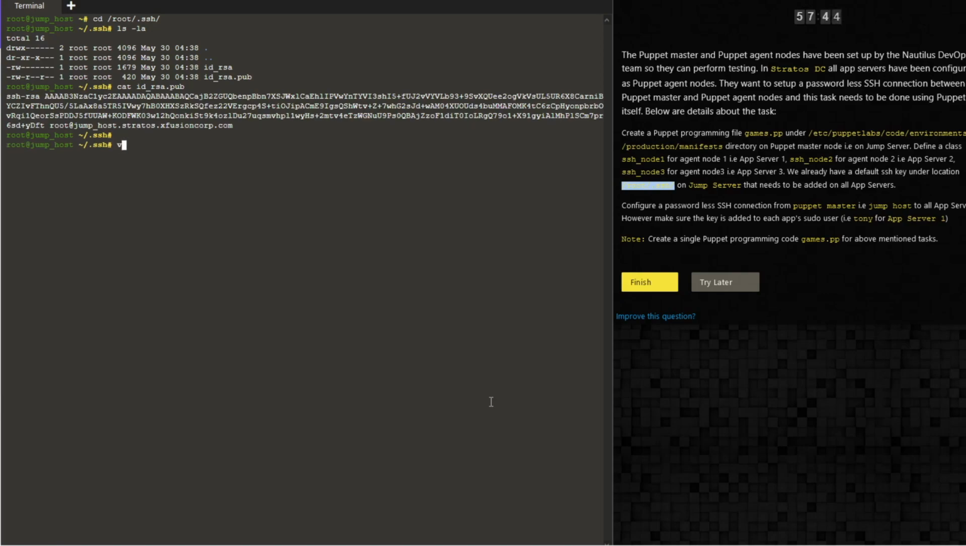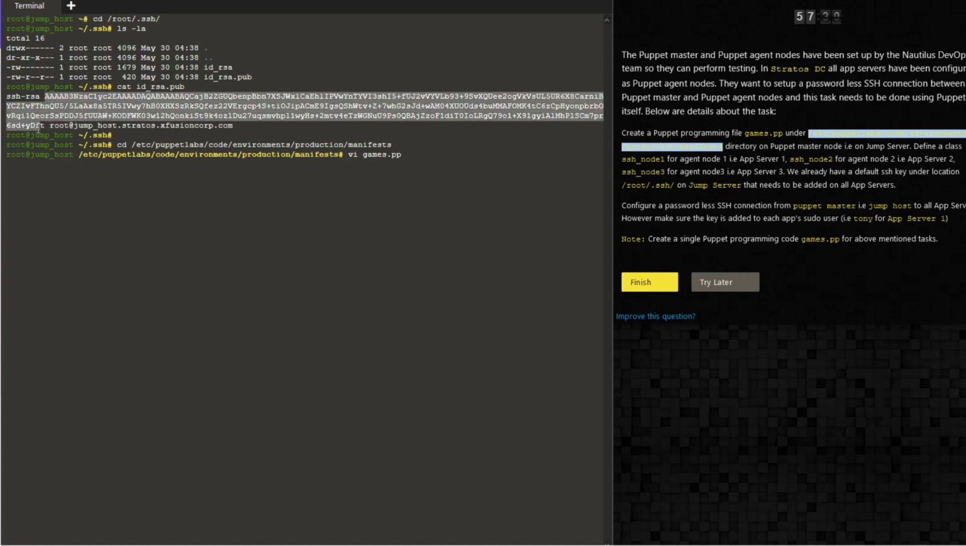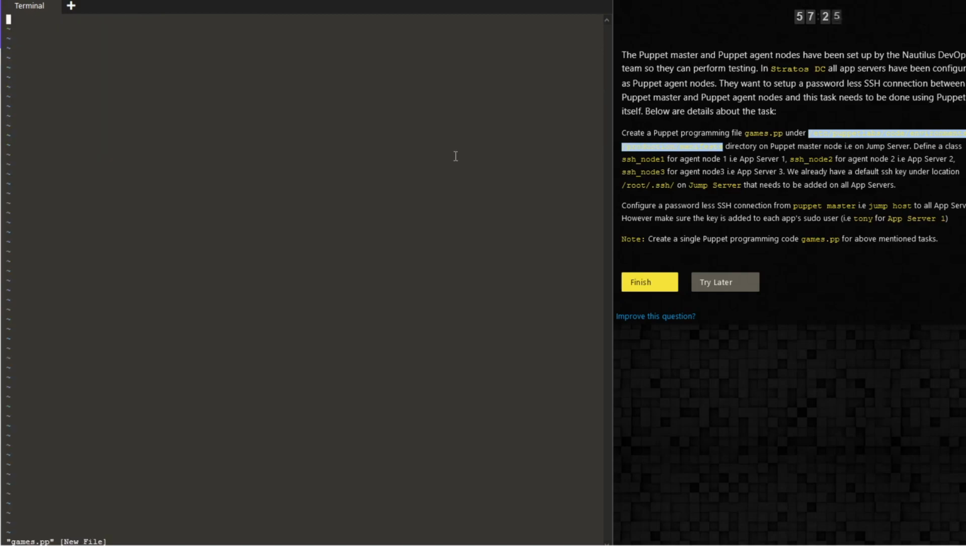So we are going to create a Puppet programming file at the location which is specified in the task, and we are going to name it games.pp. Remember, these can be dynamic as per your task. Copy the key, and now we are going to give the syntax for the .pp file where you will be